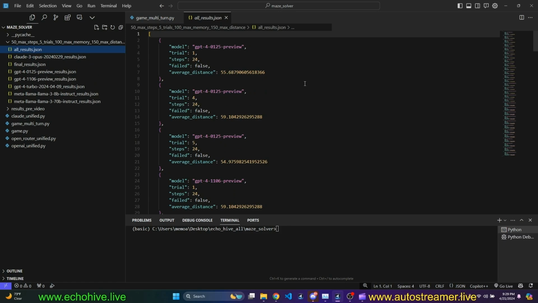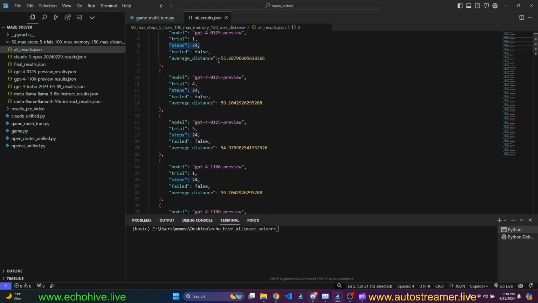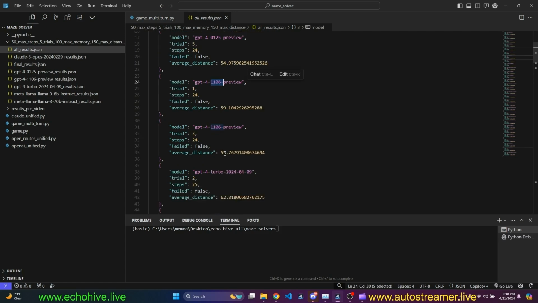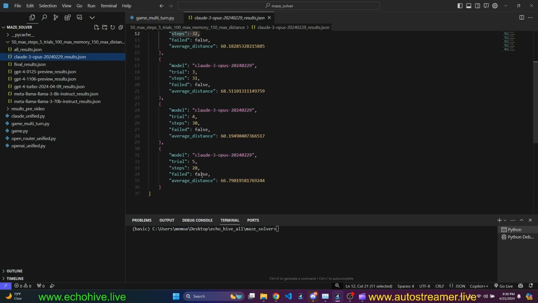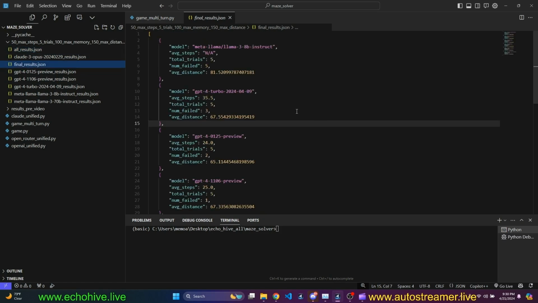We can also see all results. These results are sorted by the minimum number of steps. As we can see, GPT models achieved the smallest amount of steps. We are testing, of course, the latest one, plus 0125 and the 1106 variant. But unfortunately, we'll see that sometimes they fail, versus, for example, I believe Opus never failed. So we can take a look at all results, and then we can take a look at the